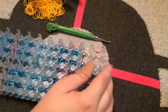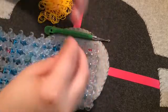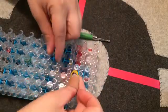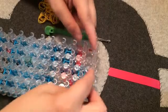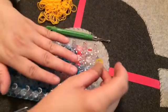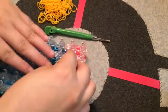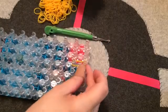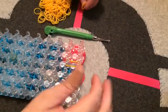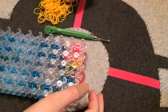So, first things first, we're going to make our first triangle. We're going to make one, then we're going to make the next one and connect the first one to it, and then we're going to make the third one and connect those two triangles to it to make our Triforce. So, first things first, we're going to start on the middle, well, middle-ish. So we go down, then we go an angle,